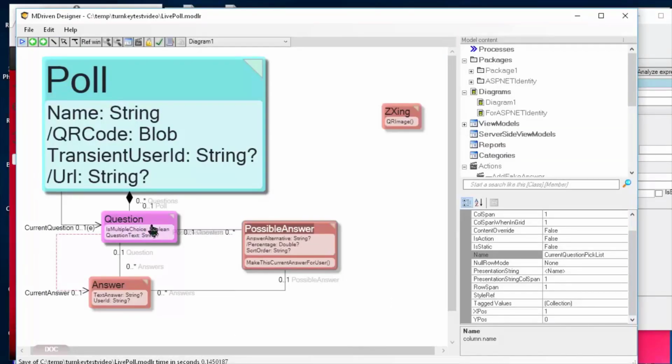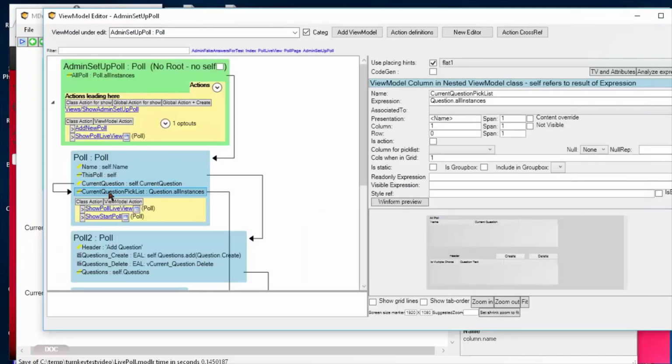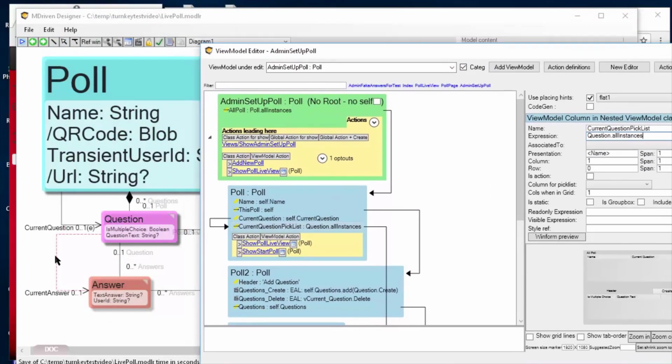So it takes all questions, not only these questions. So let's fix that. And this is how it works with MDriven, that it's so quick to do things, and I did this model in less than 2 hours, more or less.